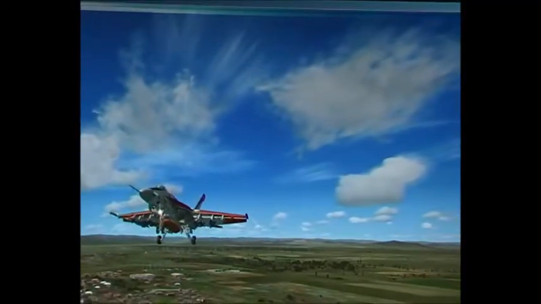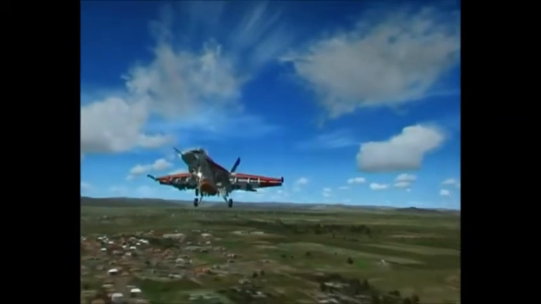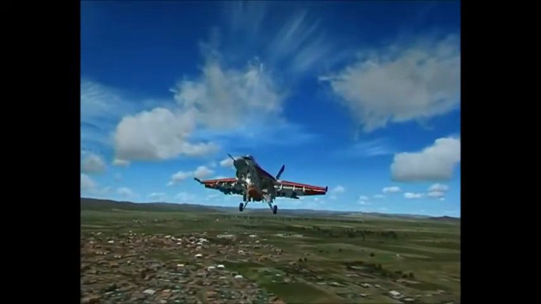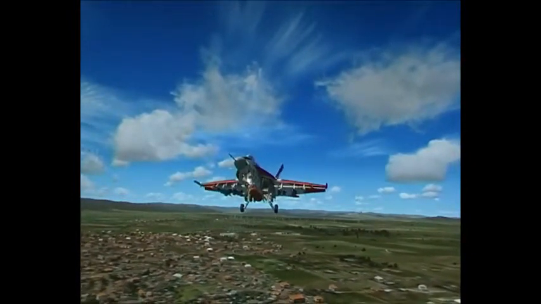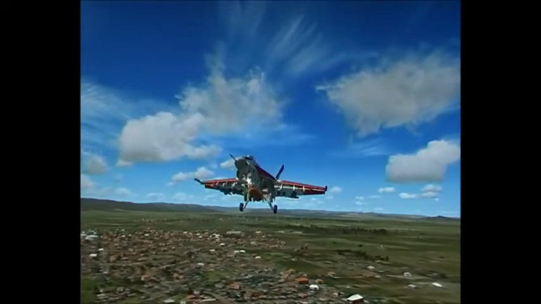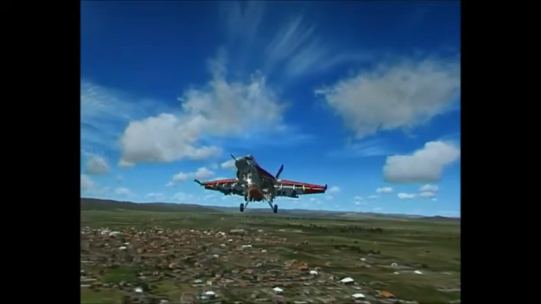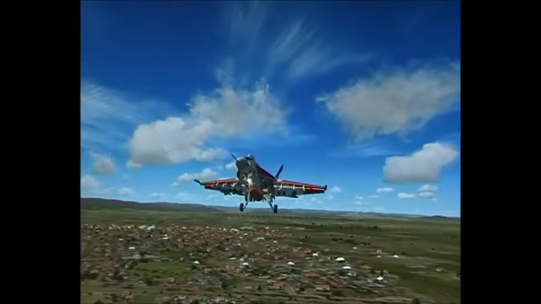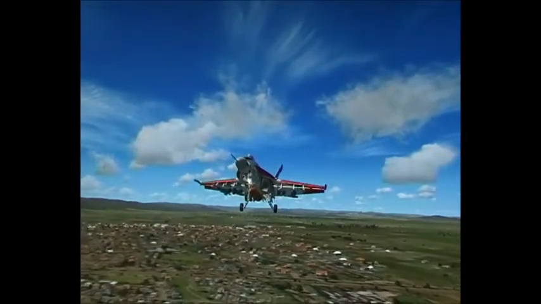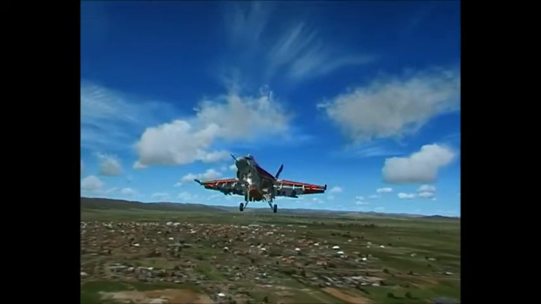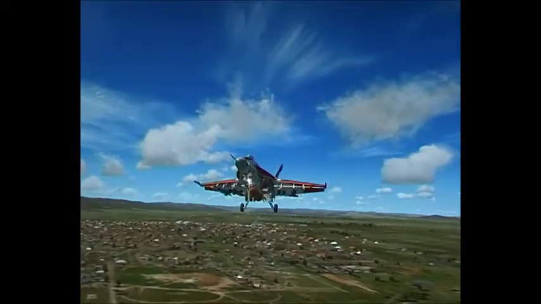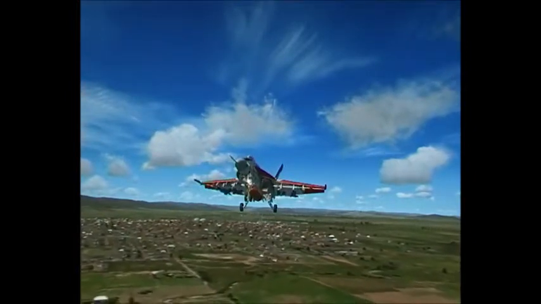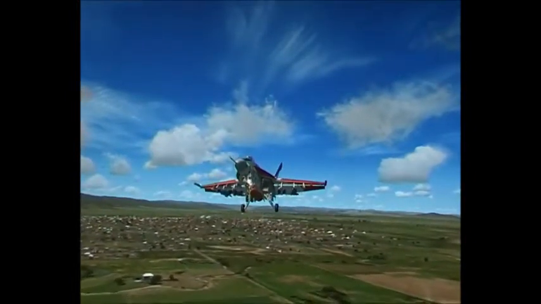Okay, I'll just set it up for a replay of what we've just done. Now you can see the angle of attack there, that's automatically set, and for the approach, and it's all looking good. Flaps down, gear down, and coming in at about 150 knots, very steady, and as you can see, it's a wonderful aircraft,